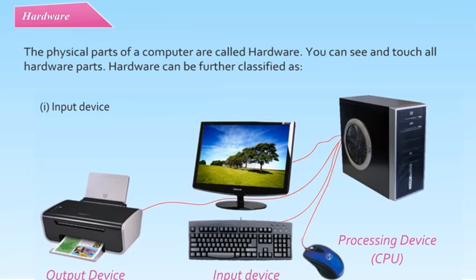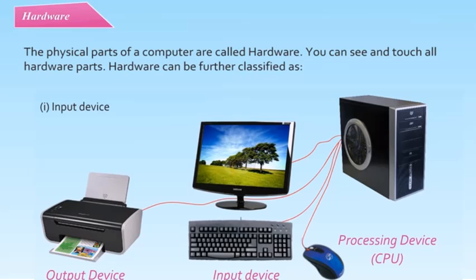The monitor is an output device, the keyboard is an input device, your mouse is an input device, and the CPU is a processing unit. Now this hardware can be further classified as the hardware which we can directly see, that is, the external hardware, directly outside the CPU, and there are certain components